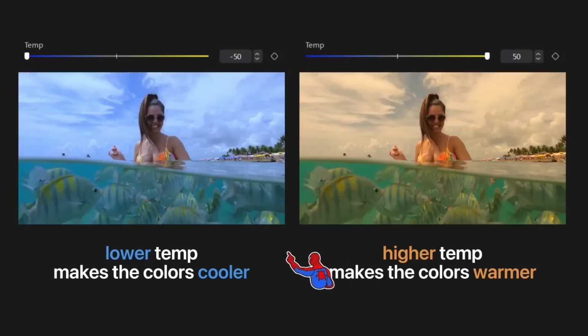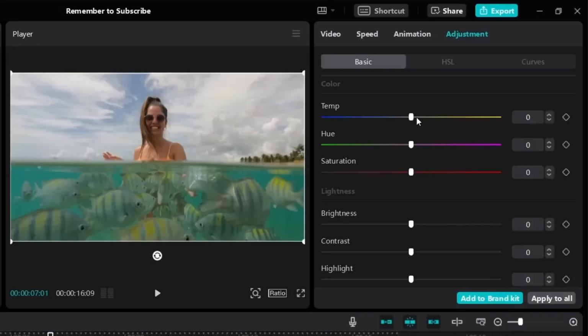So here's a side-by-side comparison. You can see a lower temperature will make the colors cooler, and then a higher temperature will make the colors warmer. Alright, so that's temp. Let's move on to the next one, which is